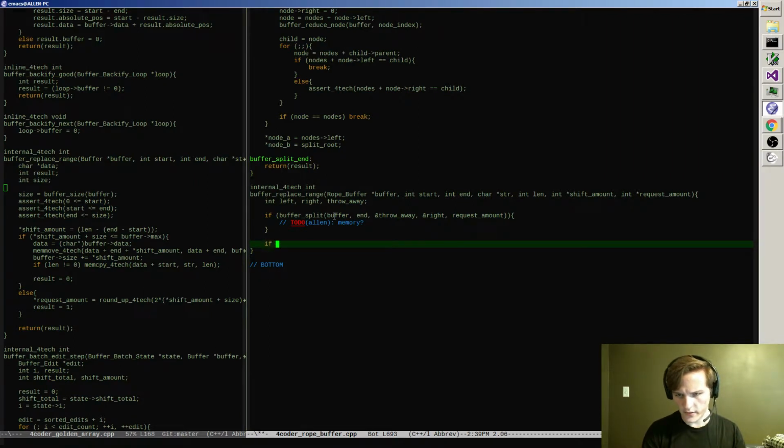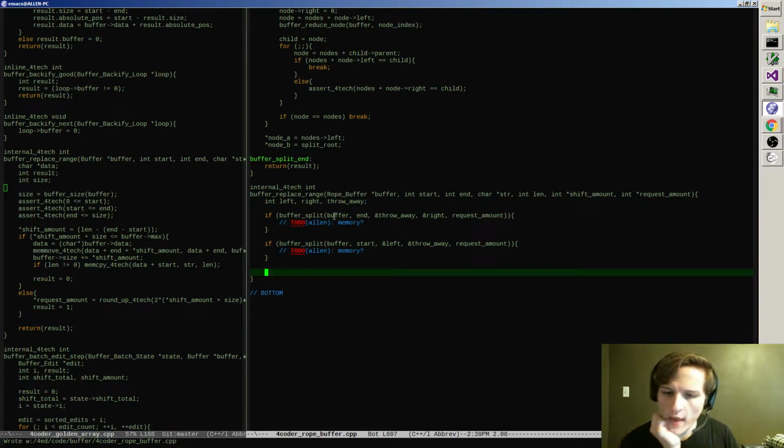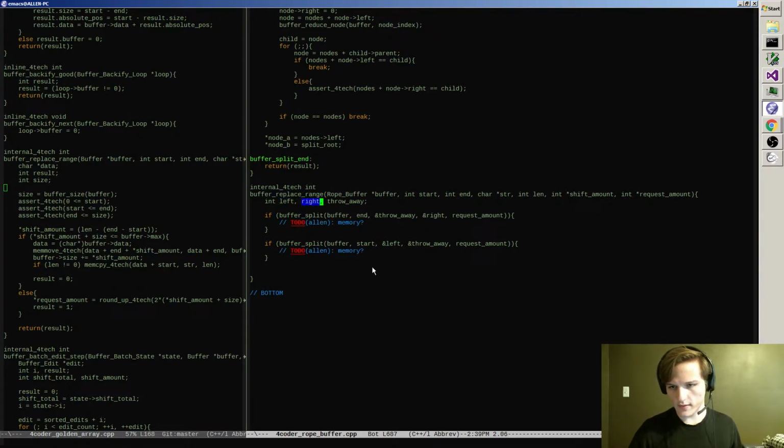I'll deal with that later because I want to get the logic down first without memory being an issue. Start, and in this case I want the left hand side and throw away, and request amount can go there. And again, memory question mark. Okay. And then after that, I have left and right. I just need to take my string